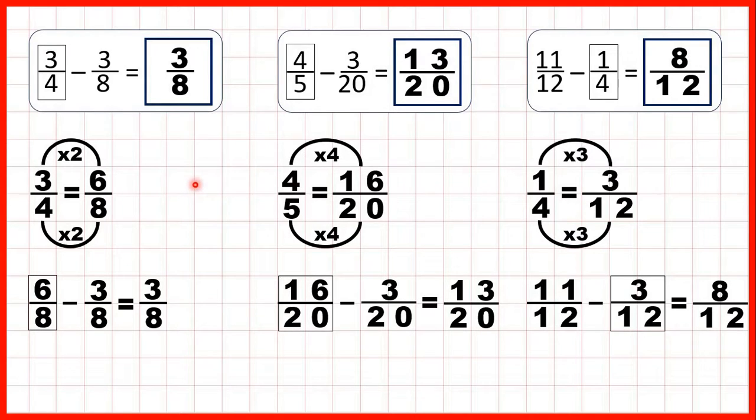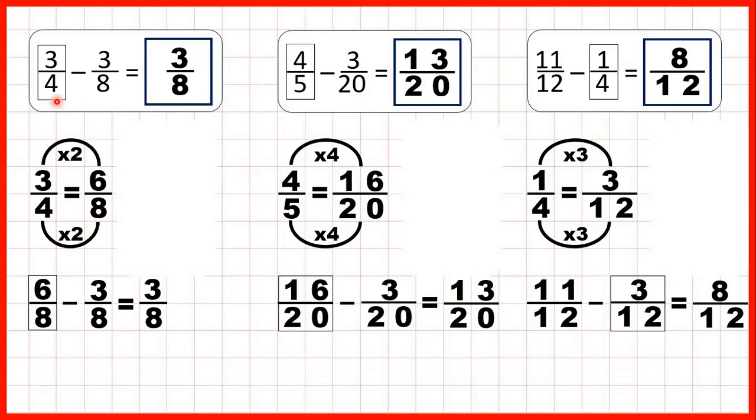And we can show fraction bars to see what we were doing here. So in this first question, we started with 3/4, but we needed to subtract 3/8. So we changed those 3/4 into 6/8, and you can see that that's equivalent because we have the same amount of the fraction bar shaded in 3/4 and now in 6/8. But now we can take 1, 2, 3 of those eighths away